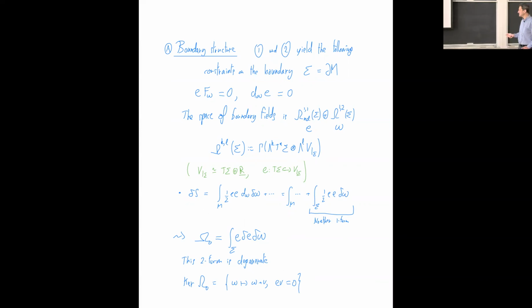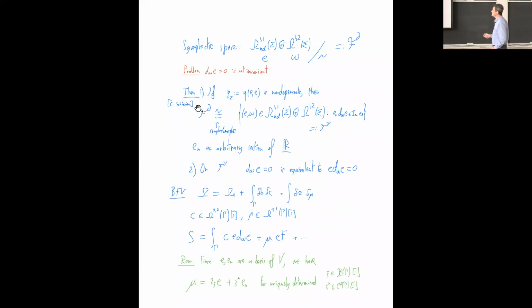What you do instead is take a good section of this quotient where you can explicitly write down the constraints. So this works if you make one further assumption: you assume that the coframe E is such that the boundary metric is non-degenerate. In particular, this applies if you require the boundary to be space-like, which is a typical thing, since you want to think of them as Cauchy surfaces. So in this case, you can see that